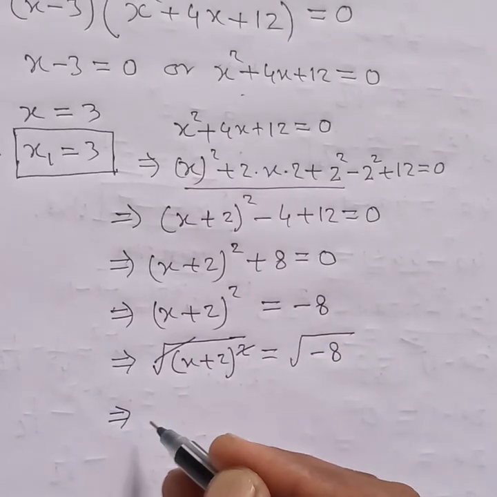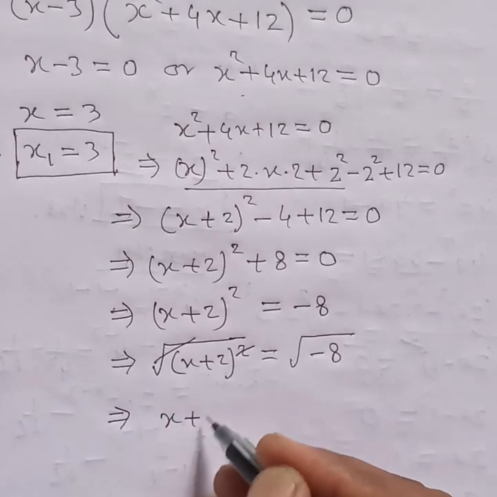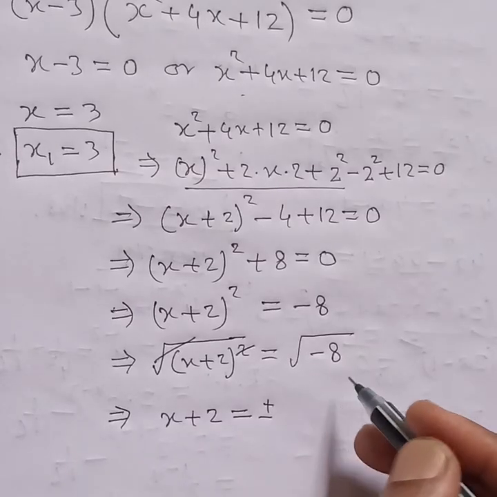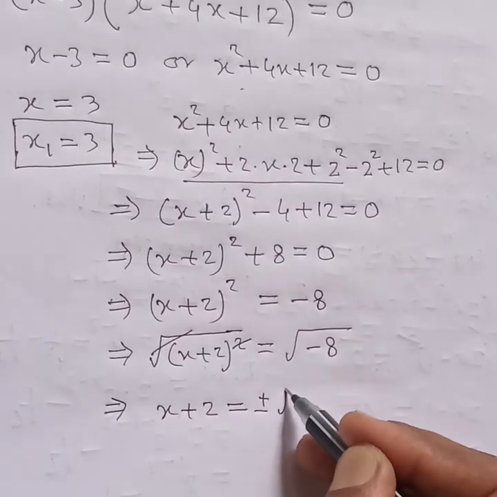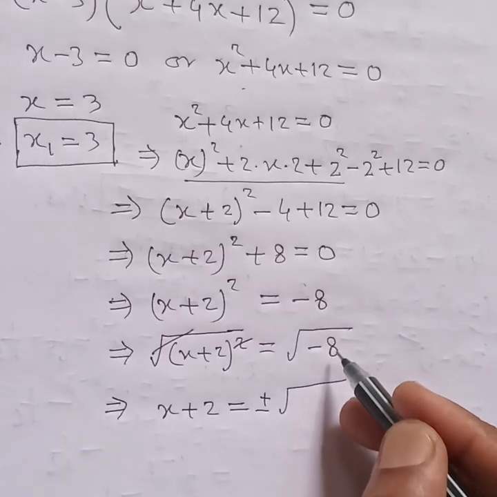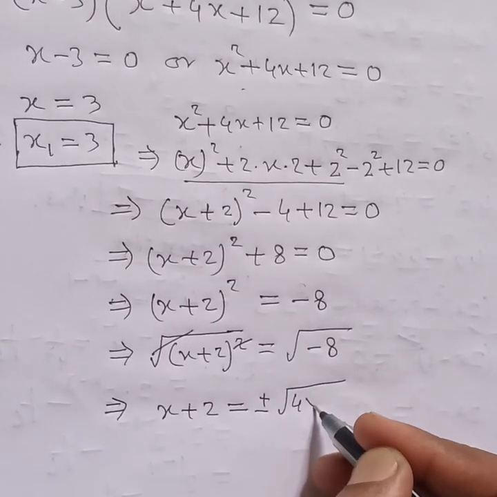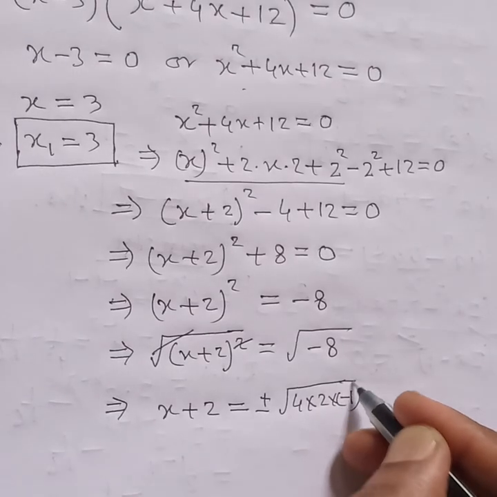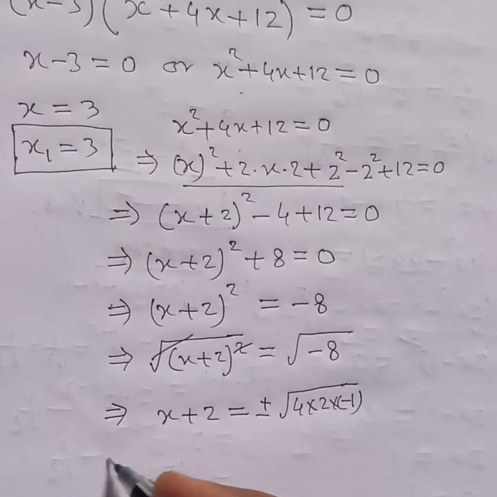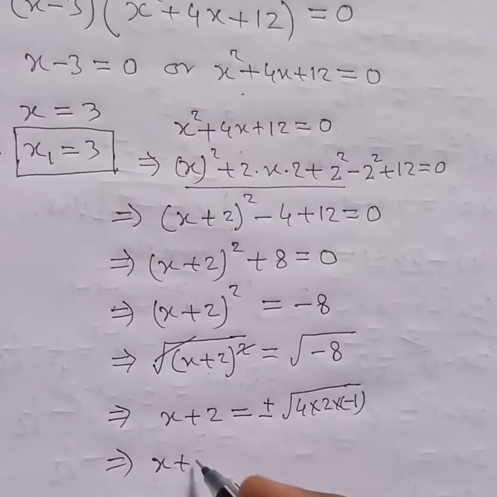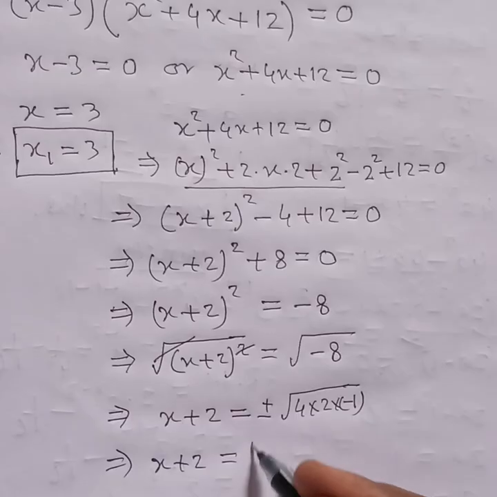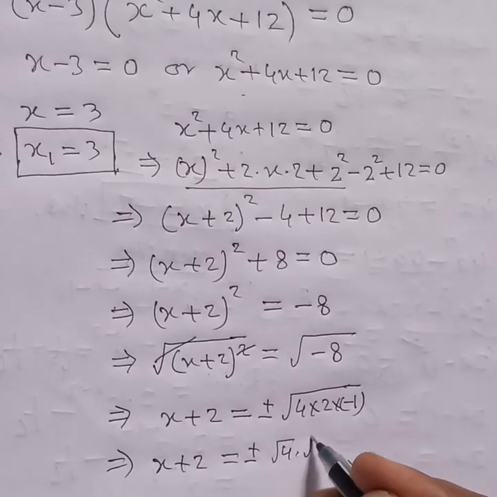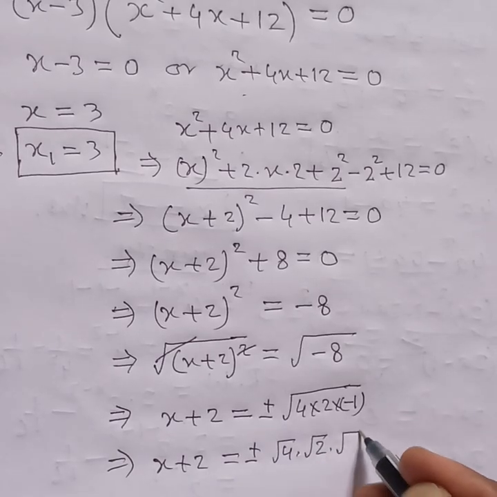Therefore, we have x plus 2 is equal to plus or minus root over minus 8, which can be written as 4 into 2 into minus 1. Implies x plus 2 is equal to plus or minus root over 4 into root over 2 into root over minus 1,